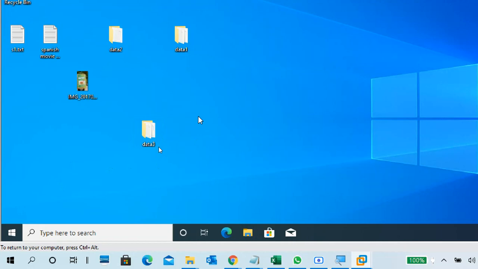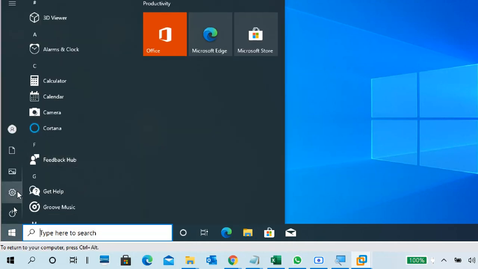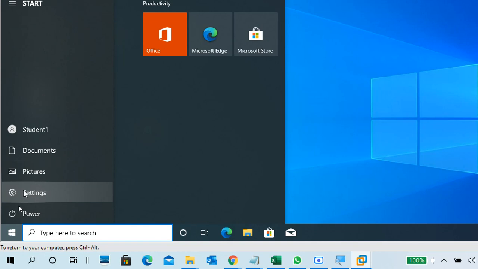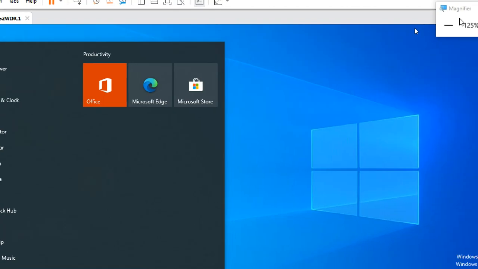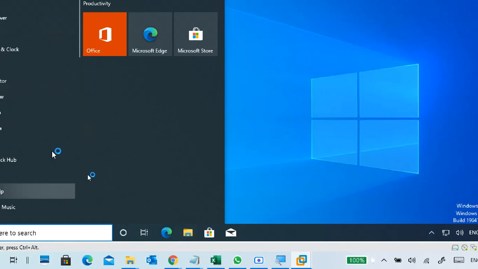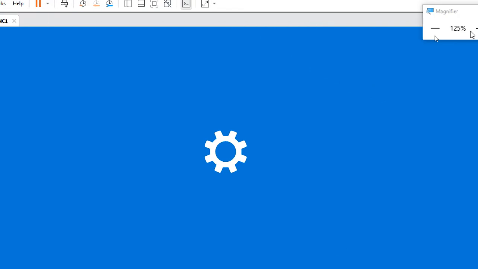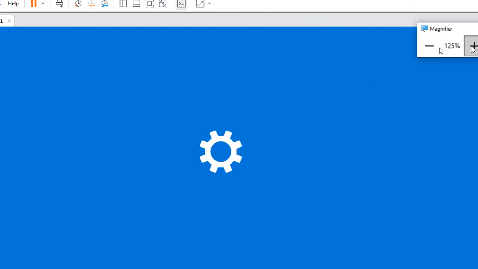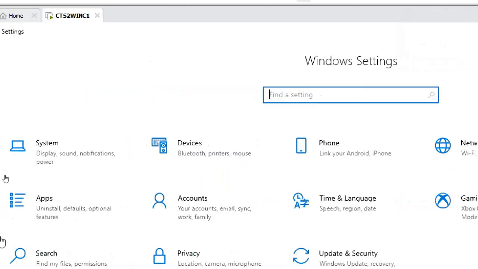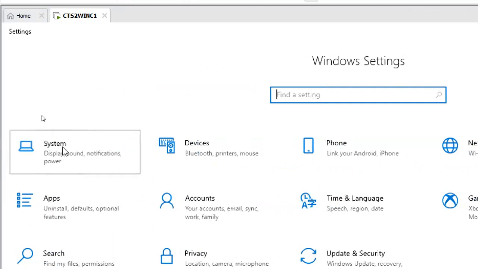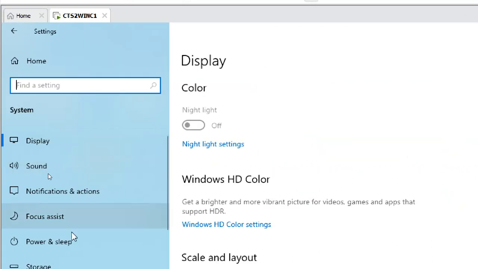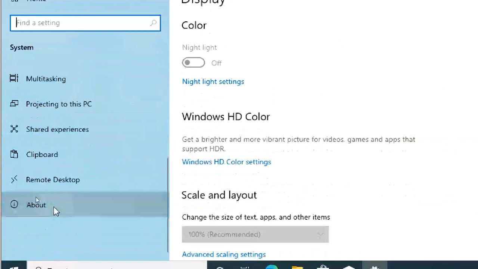Okay, so you can go to This PC, System, or anything, or you can go to Settings. Okay, System. Go to About.